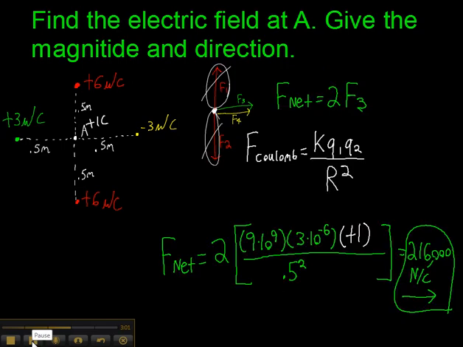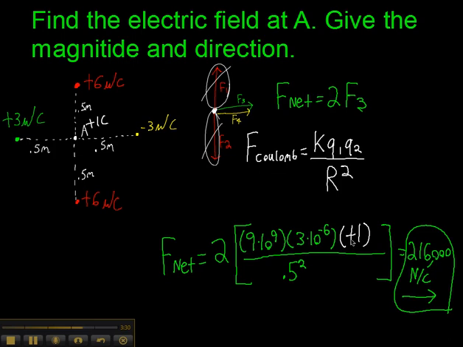Okay, so if the net force is simply 2 times the repulsion force from the green one here, then to calculate that, we just use this formula that the Coulomb force between 2 charges is K times the first charge times the second charge divided by R squared. And K is just 9 times 10 to the 9. And it's really just a matter of throwing those numbers in. So 2 times K times the green charge times our imaginary +1 charge friend, which makes the math nice and easy,